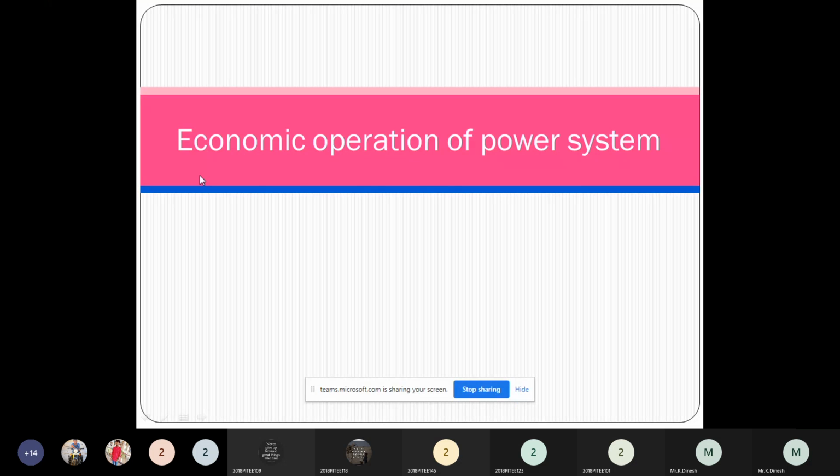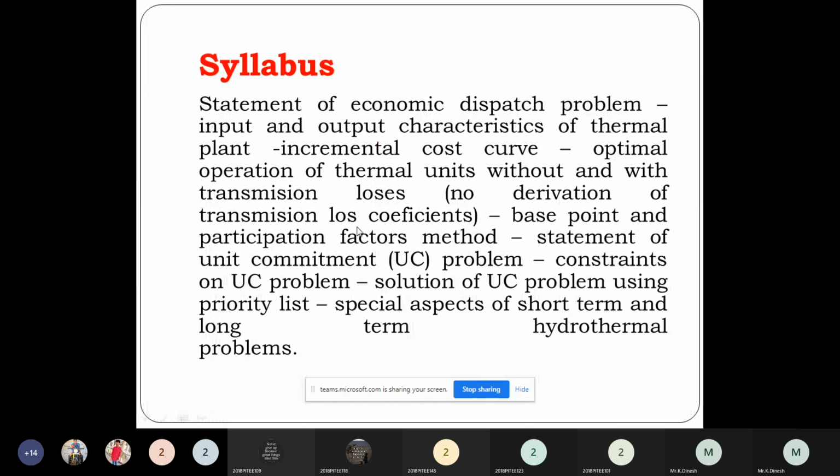Now I am going to start with economic operation of power system. This is your PSOC's unit number 4, economic operation of power system. The following contents are available in your unit number 4: statement of economic dispatch problem, input and output characteristics of thermal plant, incremental cost curve, optimal operation of thermal units